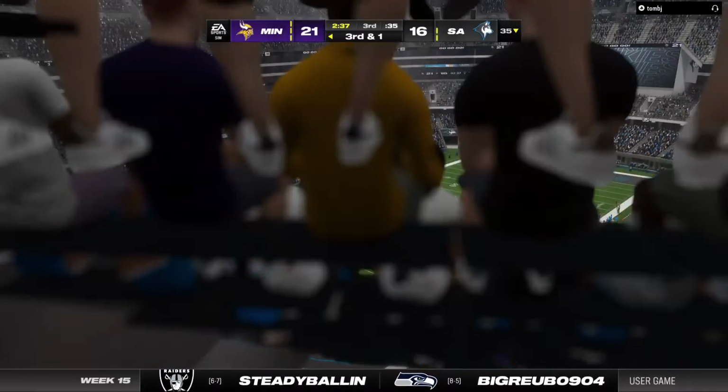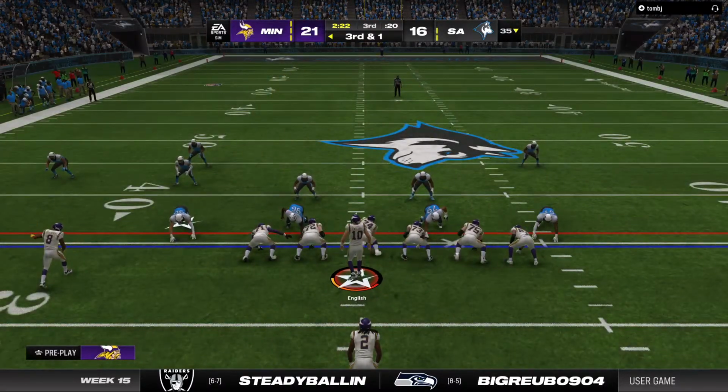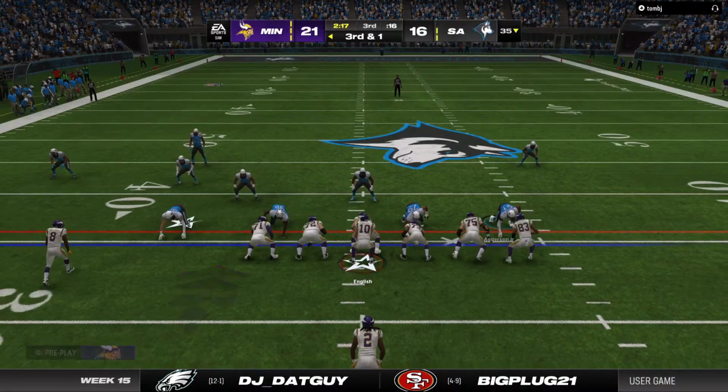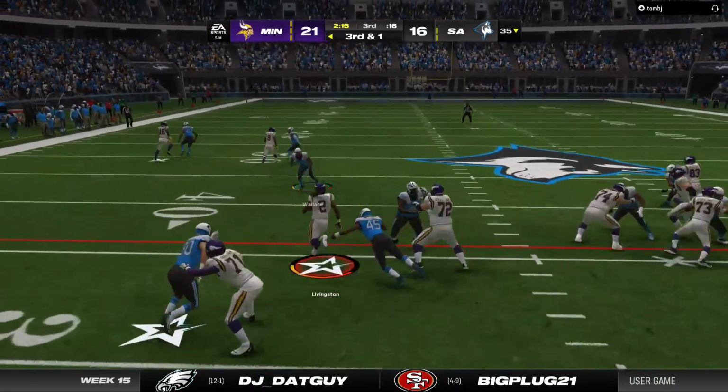If I'm calling plays here, I make sure I put it in the hands of my quarterback and get it to a receiver real fast. I'm not running the ball here. On 3rd down,